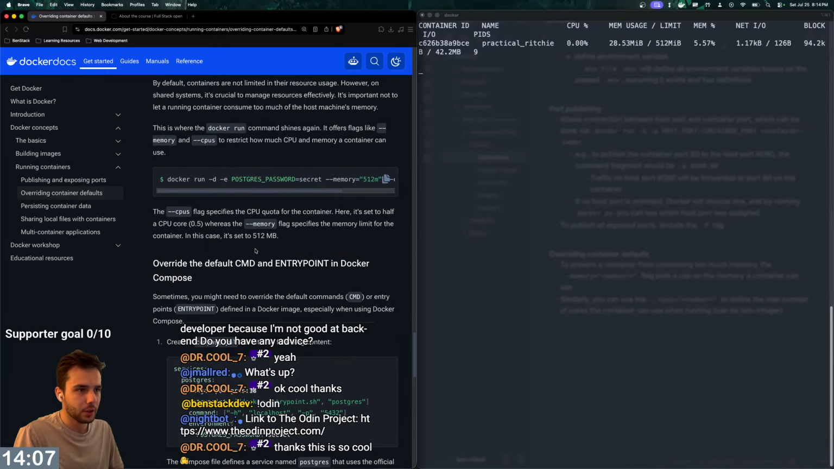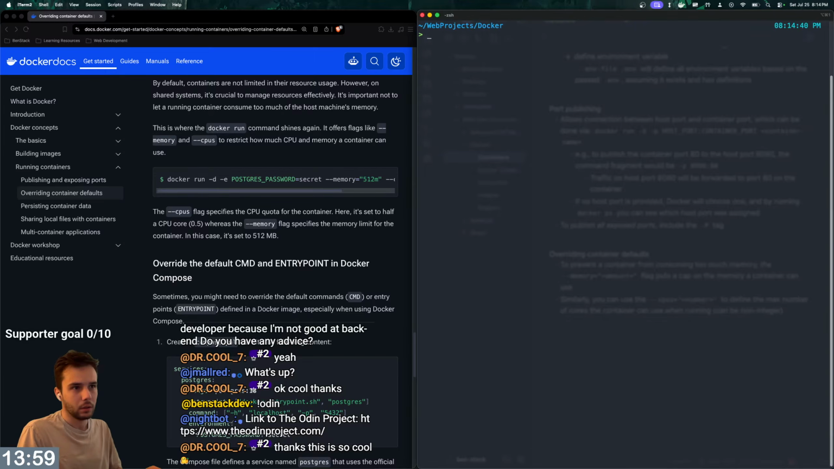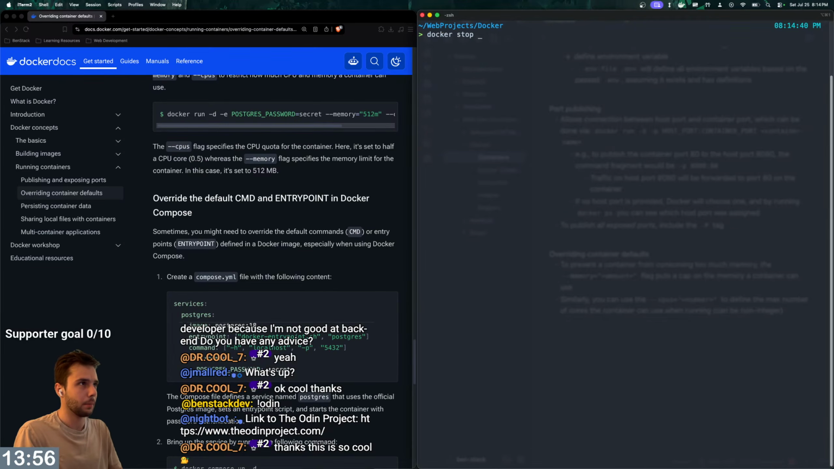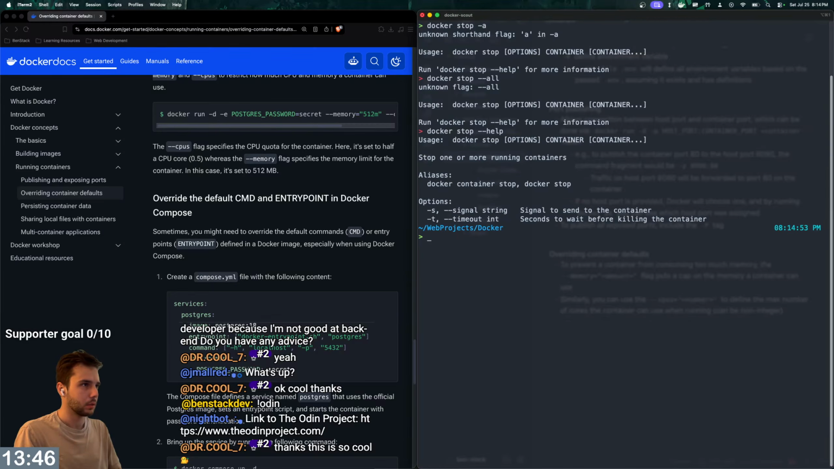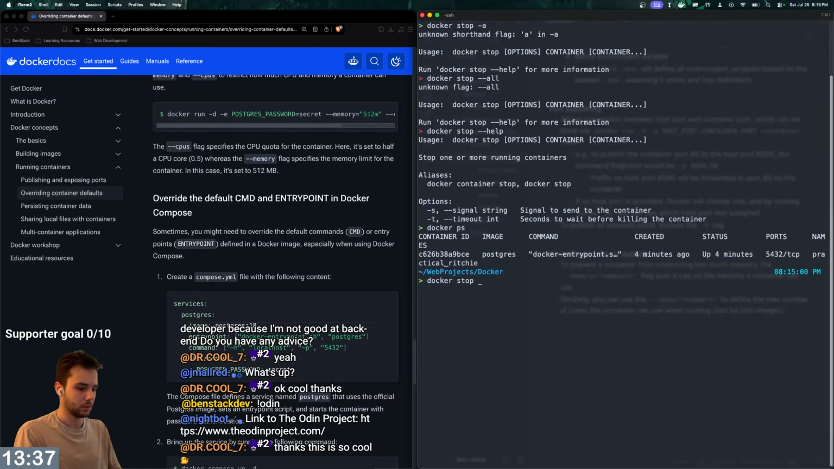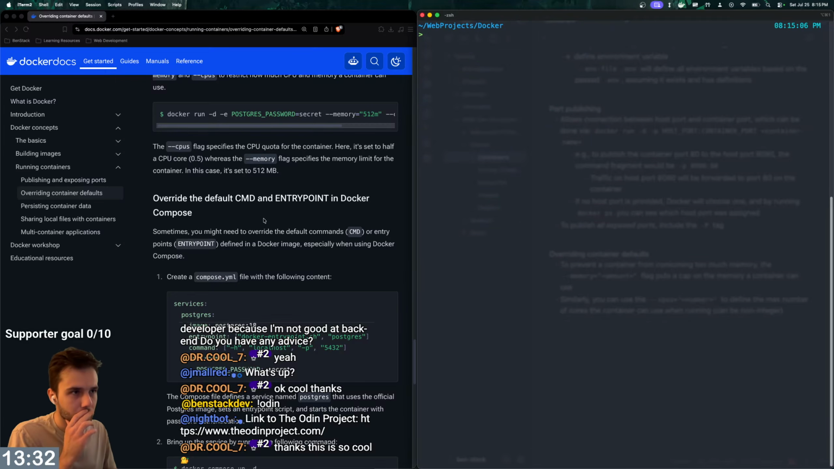I feel like they should have told us the Docker stats command, but it is what it is, I guess. Okay. And then we can also do Docker stop all. Oh, there's no all. Okay. You need to provide at least 2. Okay, so then let's do